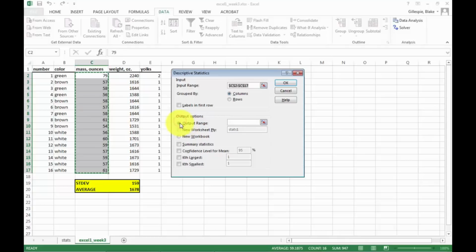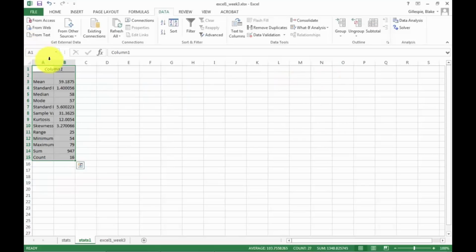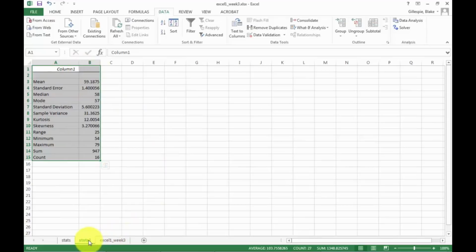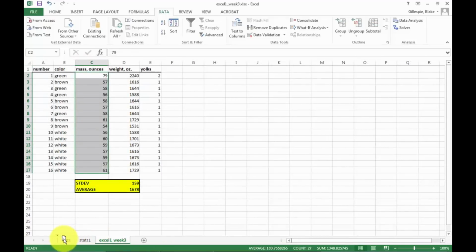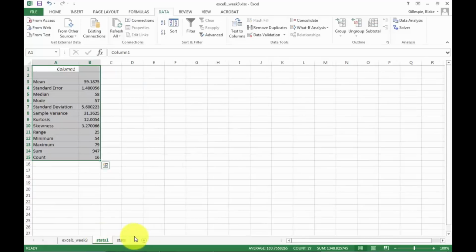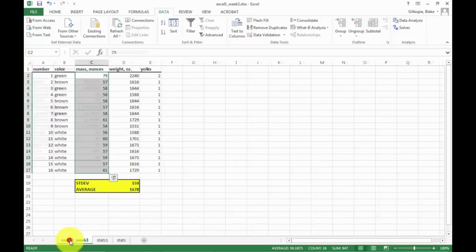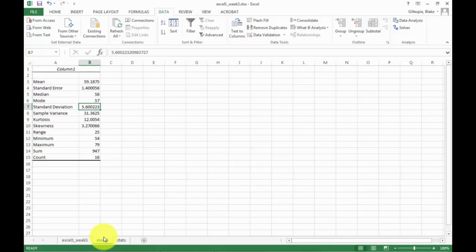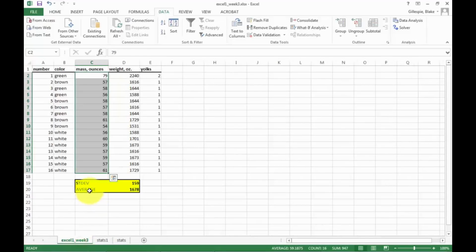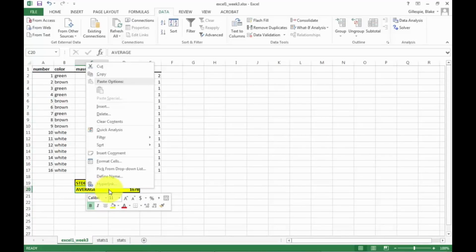Yes, and we got to choose the summary statistics for that range. And now we see in that Stats 1, we have a whole slew of statistical information, including mean, standard errors, standard deviation, etc. Now, while we're here, we see all of our values: median, mode, standard deviation. We can make a comparison with what we've observed already. Standard deviation for the mass in grams,